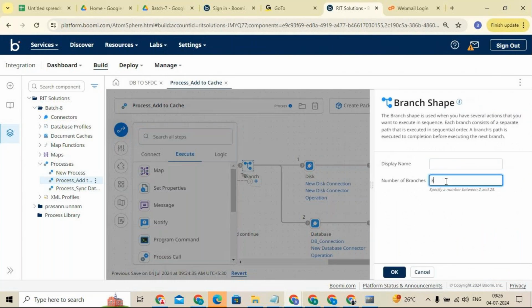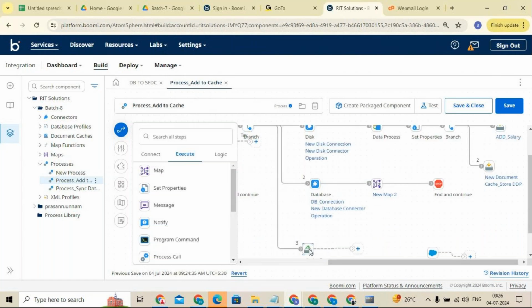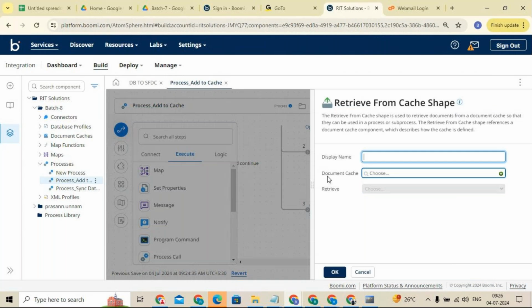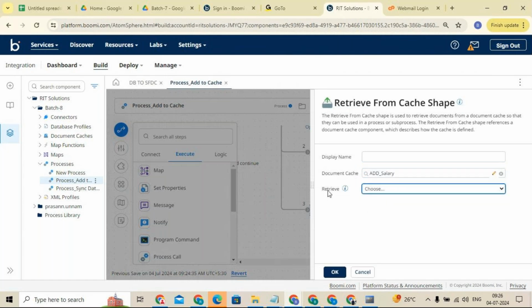Okay, let me take one more branch. Whatever data I have stored in the document cache, if I want to retrieve that profile here and process it further, then I can use retrieve from cache. Here it is asking for a document cache, so you can add the document cache component. We can retrieve the data in two ways. One is in the profile, or whatever documents we stored in a document cache, we can retrieve all the documents,